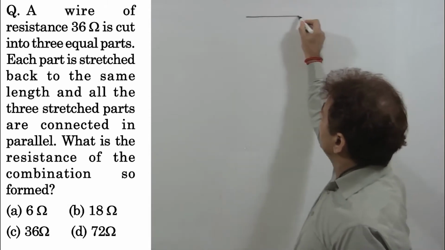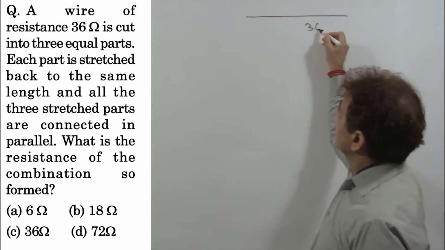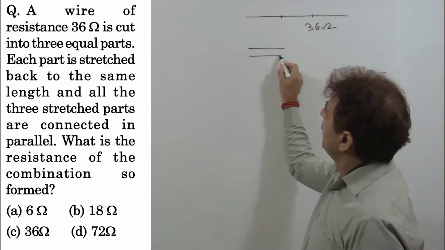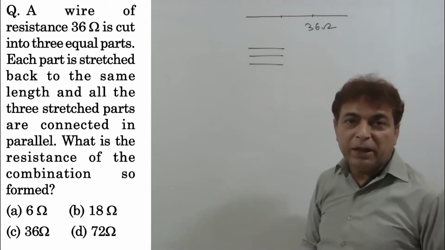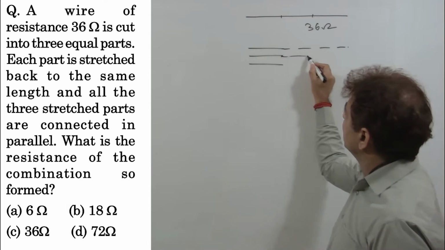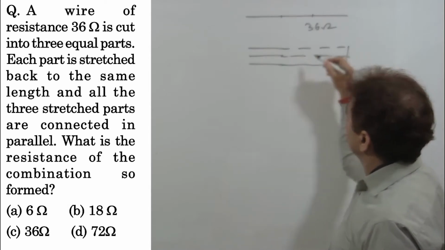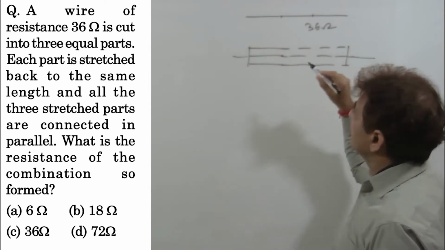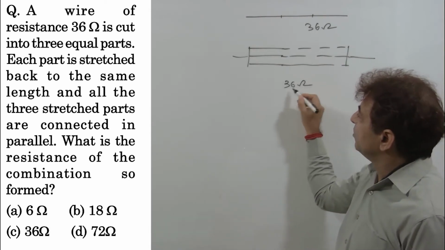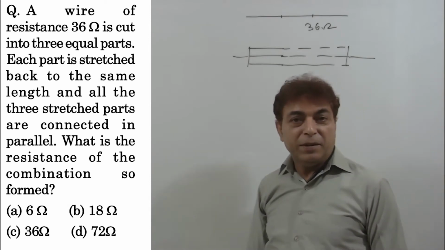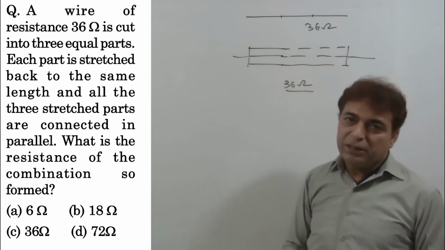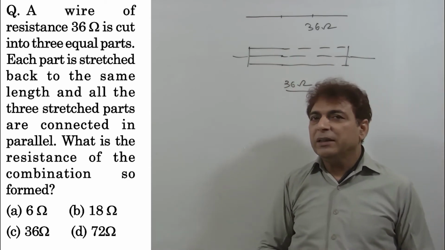We've got a wire of resistance 36 ohm, cut it into three equal parts, and all the three parts are stretched back to the same length and now they are connected in parallel. What's the resistance of the combination so formed? The answer is 36 ohm. Very simple. जितनी रेजिस्टेंस पहले थी अभी भी इतनी ही होगी।